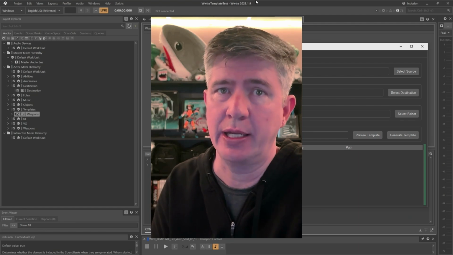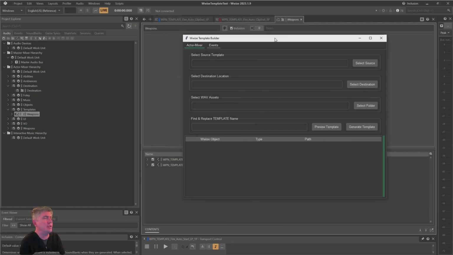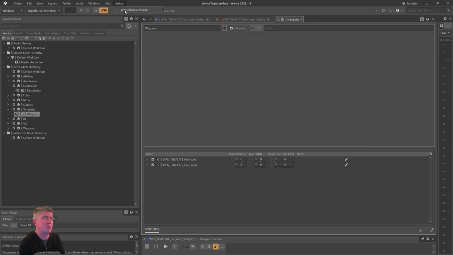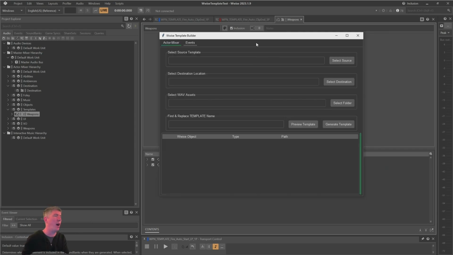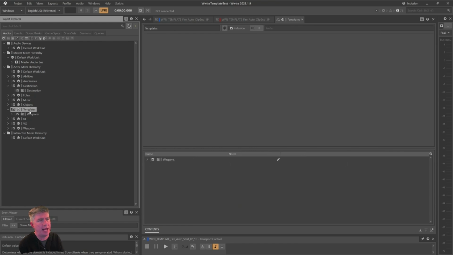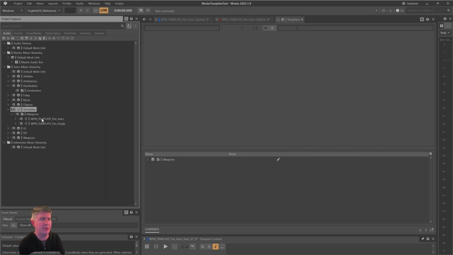So let me give a quick introduction here. All right, so here is the Wwise template builder, and eventually it would be available in the scripts pull down folder at the top here in Wwise. It is a WAAPI Python script that is going to help you import assets into pre-existing Wwise structures and utilizing them as templates. So over here in Wwise, I have a template folder, and in this template folder, I have